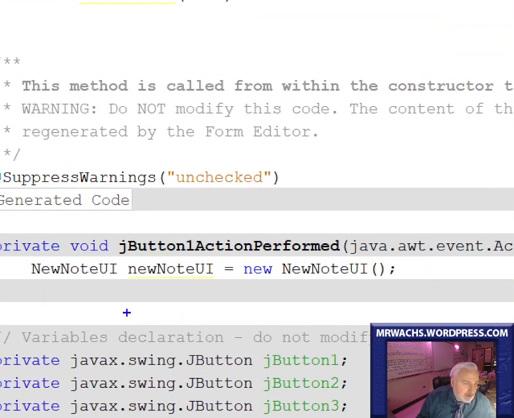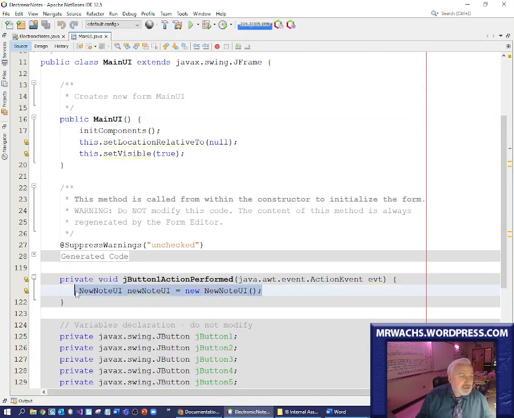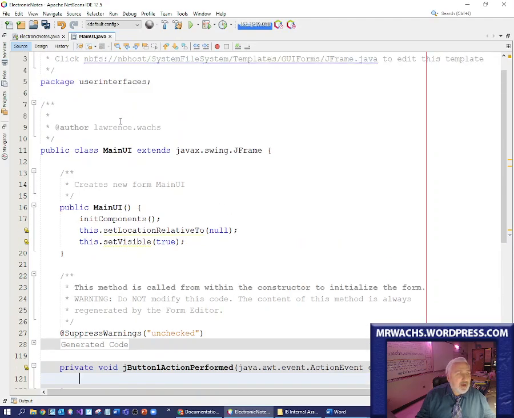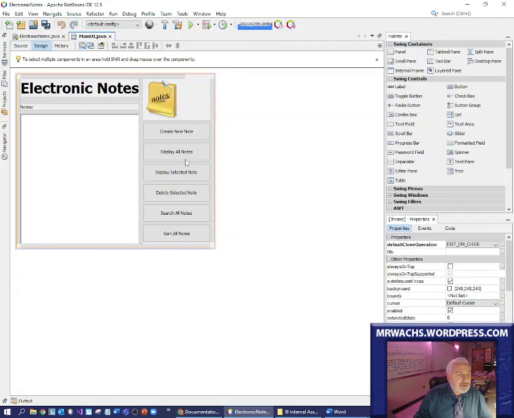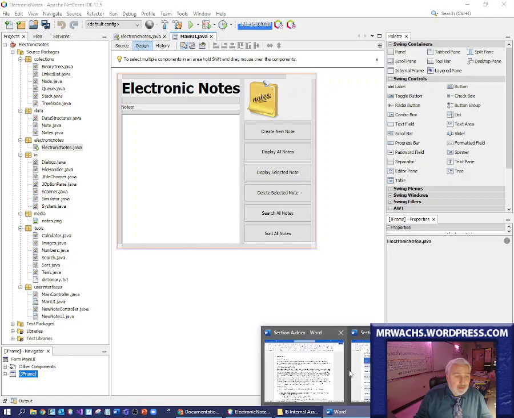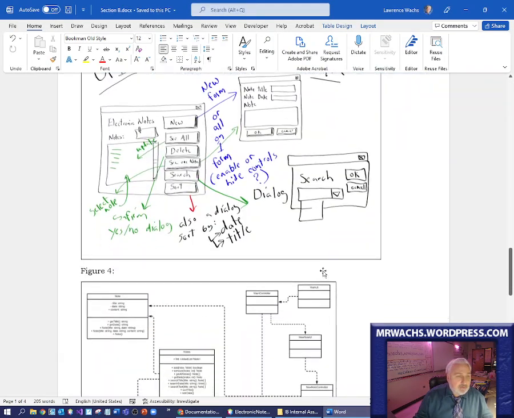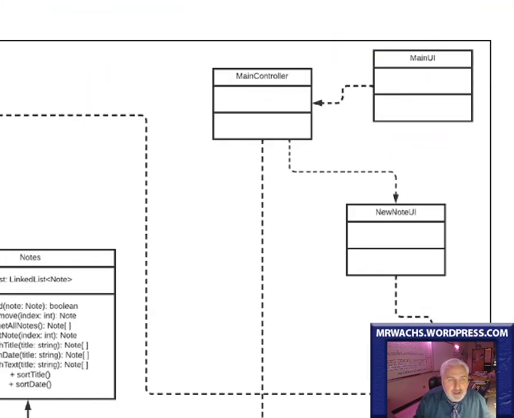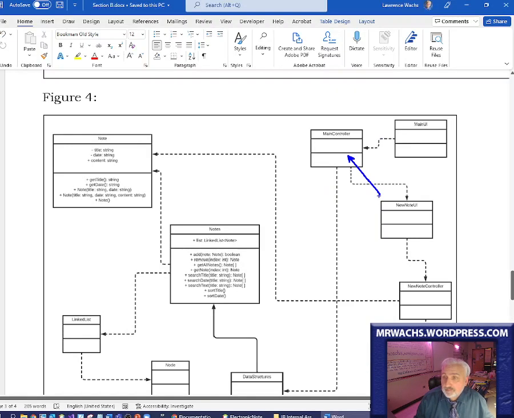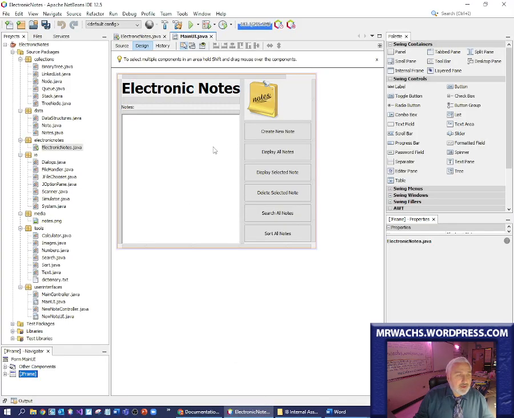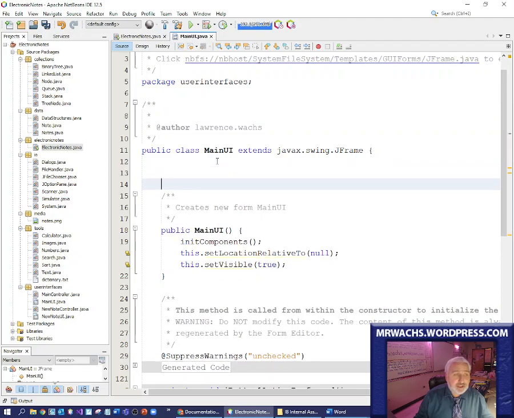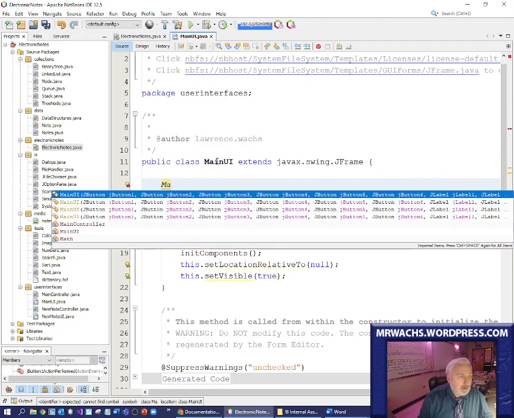Just like I connected it to the Note UI, I'm going to remove that line. That was just for testing purposes, just to see the design. And instead what I'm now going to do, and yes, I should comment this for sure, okay? But for now, what I want to do, because I want to put coding in, is connect to those specific things. And what I'm going to connect to, as is outlined on my UML, and I'll show you that UML just so you can see, is the main UI is connected to the main controller, okay? So what I'm going to do is create that relationship. So the main controller,